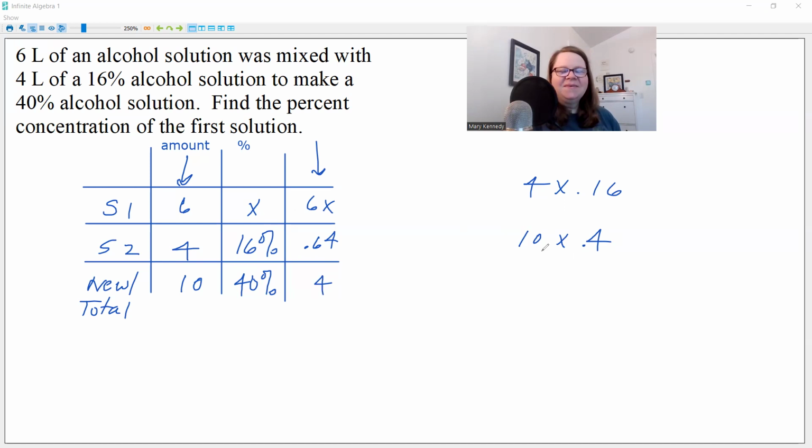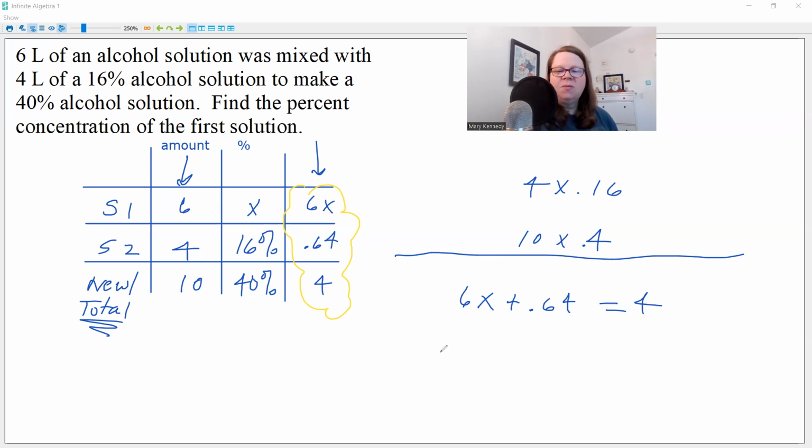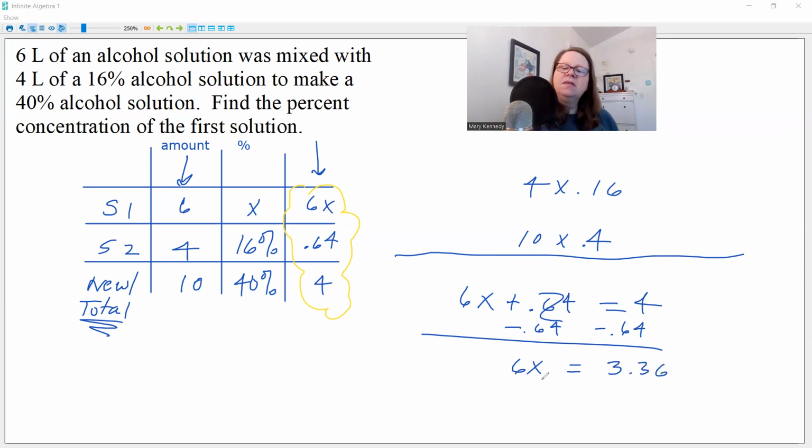Okay. So now the question is, how do we use this information? When you're doing these, you're going to use these in an equation. So you're going to add the top 2 together. So 6X plus 0.64 equals this new or total solution. So it equals 4. Now you've got a nice little algebra problem and you can do some solving. We're going to subtract 0.64 from both sides, and let me see what I got, 3.36. And then we divide both sides by 6. And X is